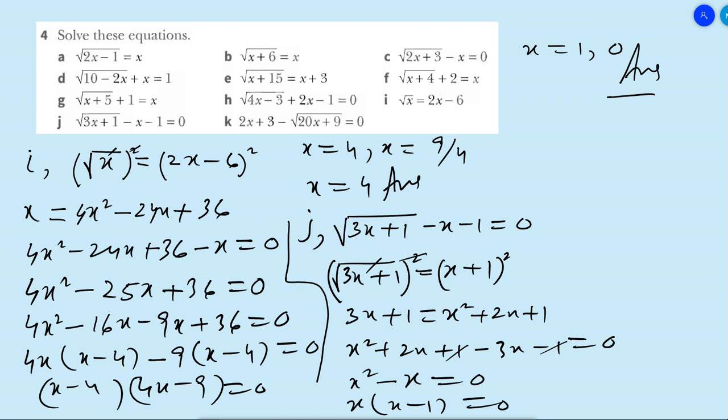Shift this minus root 20x plus 9 to the right hand side, so it will be plus root 20x plus 9 is equal to 2x plus 3. Now squaring on both sides, square and root cancel. 20x plus 9 is equal to, apply the (a plus b) whole square